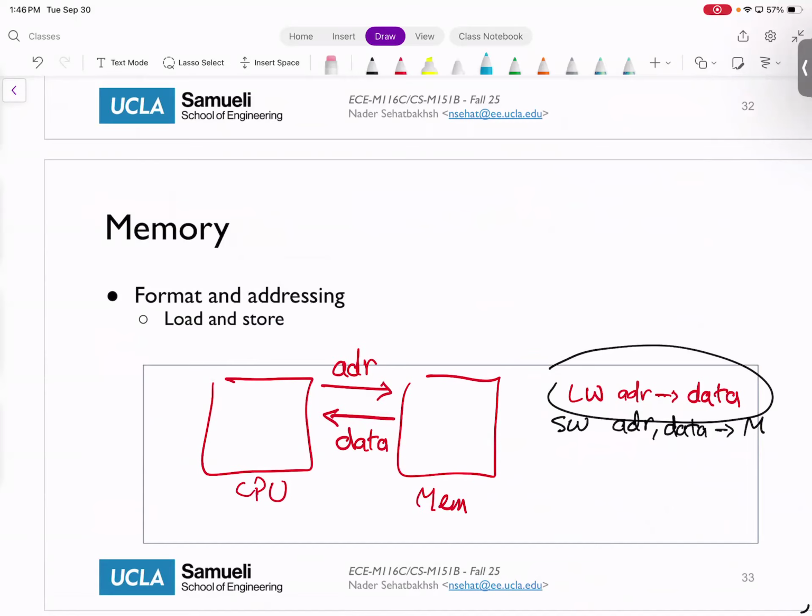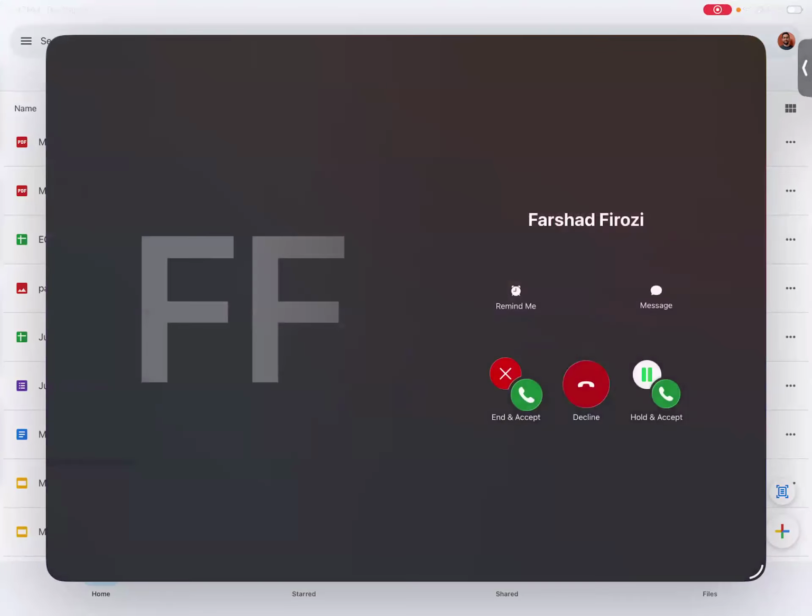So the question is that when we are storing, we need to provide 4 addresses. We actually don't do that